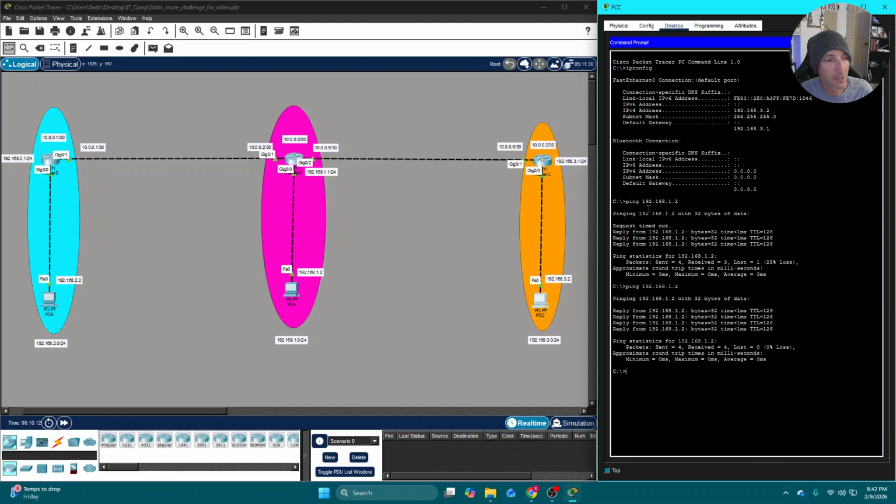Very good. So we pinged from PC B to PC C, so we know we have continuity there and back, right? So if we can get there, we can get back. We also pinged from PC A to PC B. So let's see, I want to try one thing that